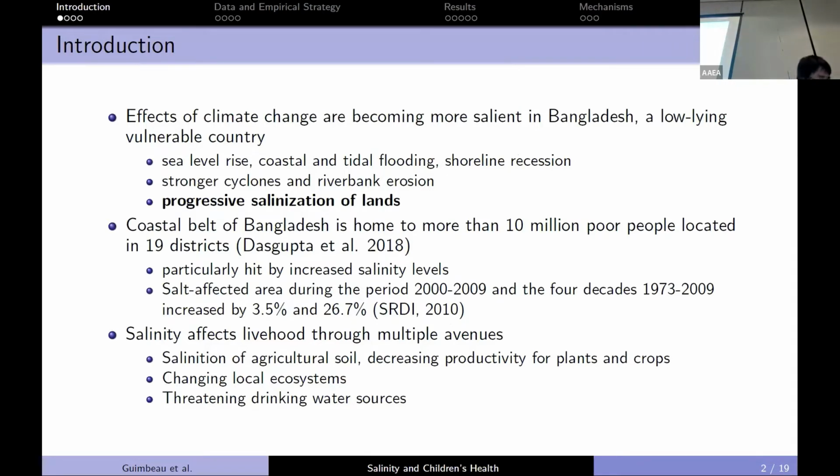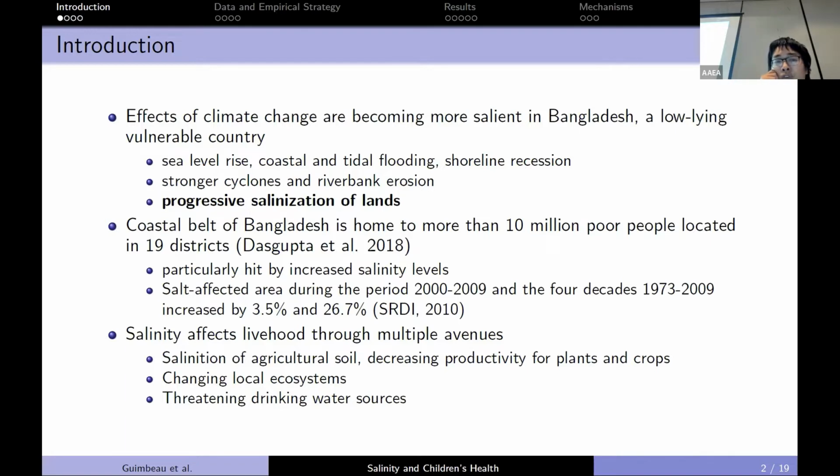So today what we're going to talk about is essentially the salinity impact on a bunch of health outcomes in coastal Bangladesh. We're trying to first pin down what is the impact of salinity on early life health outcomes, and then try to say something about what causes these impacts, the mechanisms. We're currently scratching our head as to what really causes this. We think we have some idea of what's going on here, but we'd love to hear what you think about this.